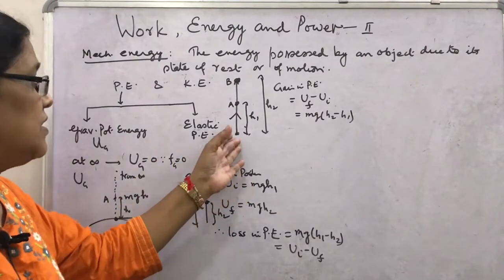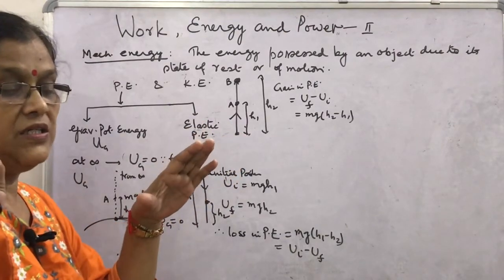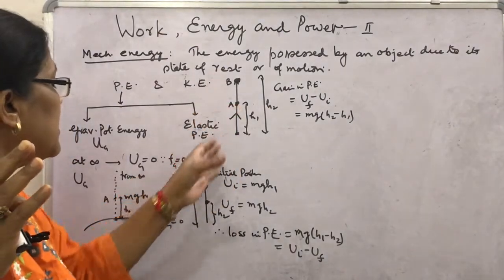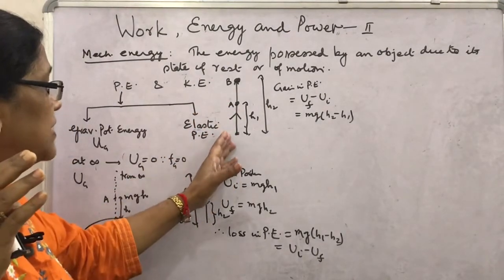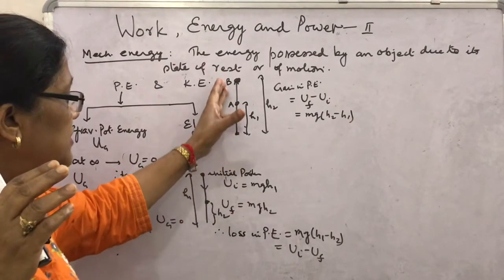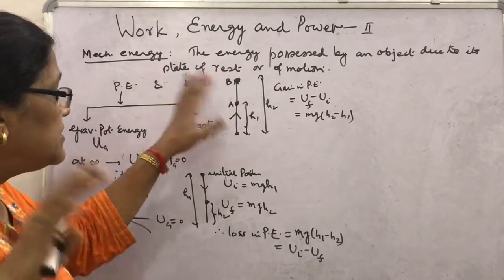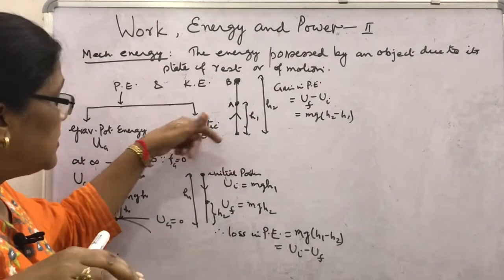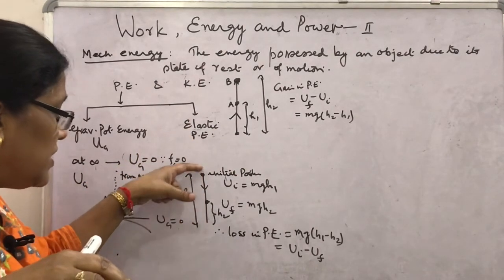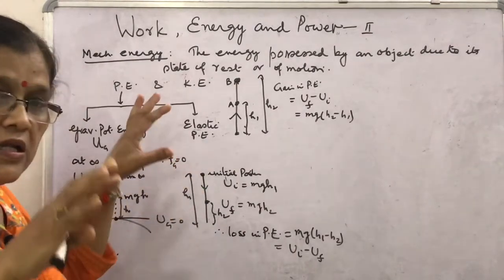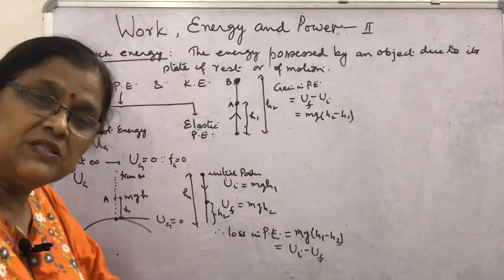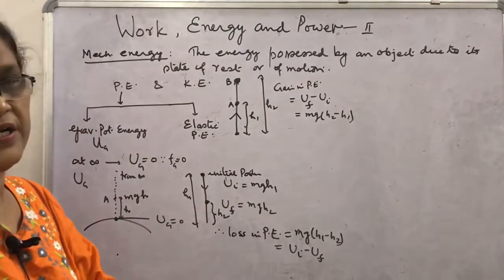Normally, whenever we see the ball going in the upward or downward direction, as the ball attains height, height is increasing, potential energy is increasing, but which energy is decreasing? Kinetic energy. Similarly, if the ball is dropped from a certain height, then height is decreasing, potential energy decreases, and it is gaining velocity, so kinetic energy increases. That means potential energy is converted into kinetic energy.